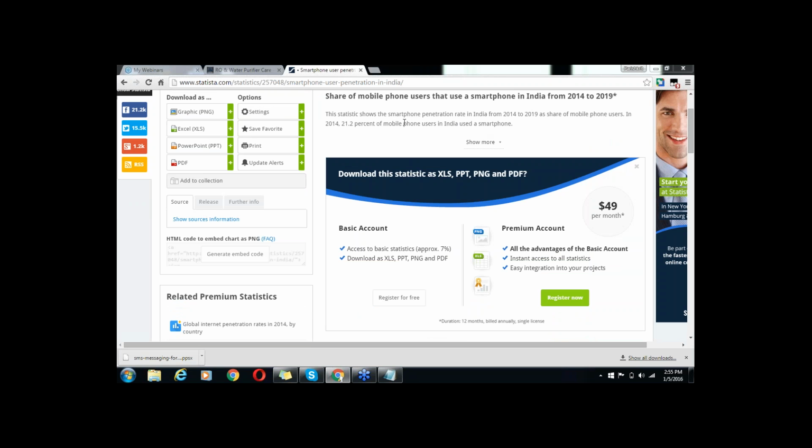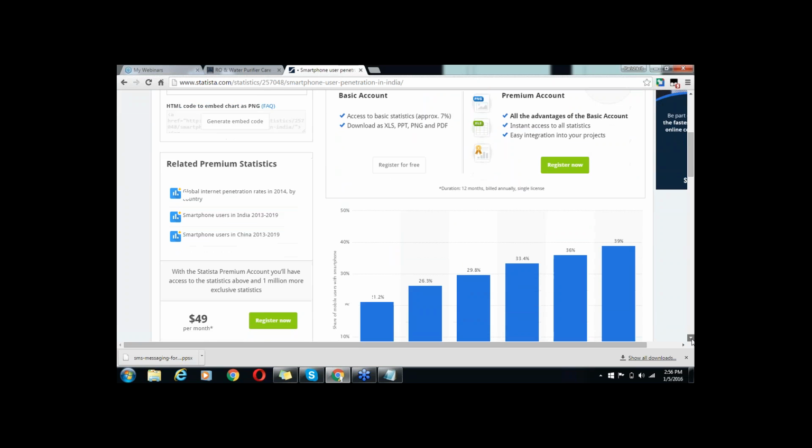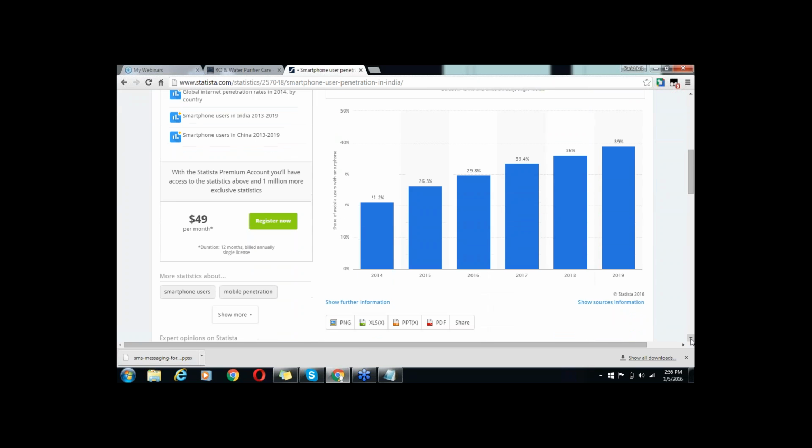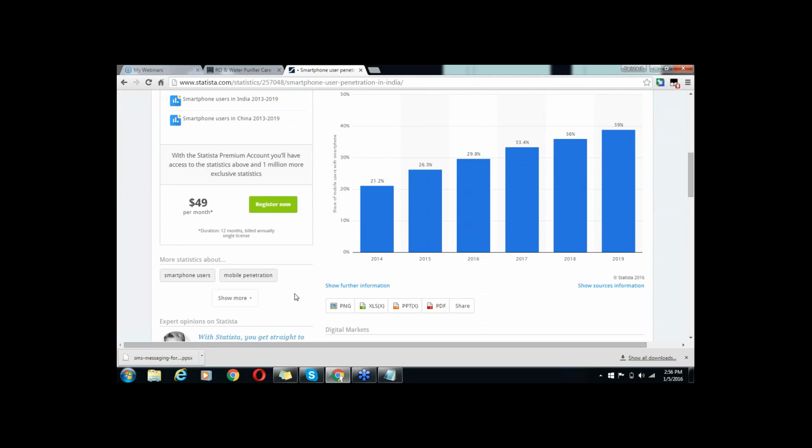This stat shows the smartphone penetration rate in India, 2014 to 2019, as a share of mobile phone users: the percentage of mobile phone users in India who use a smartphone.